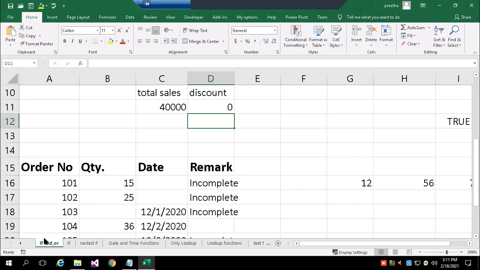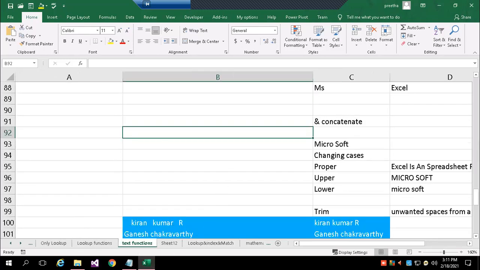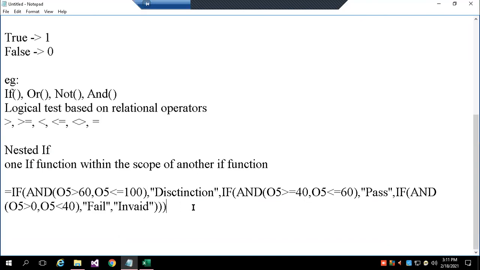Okay. So the next function category, we work with text functions.